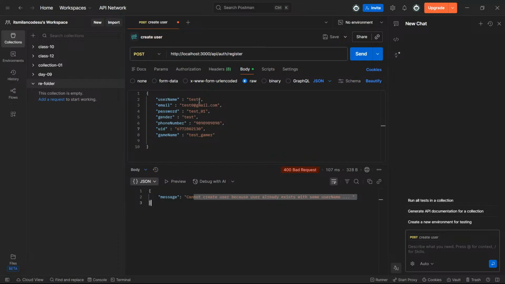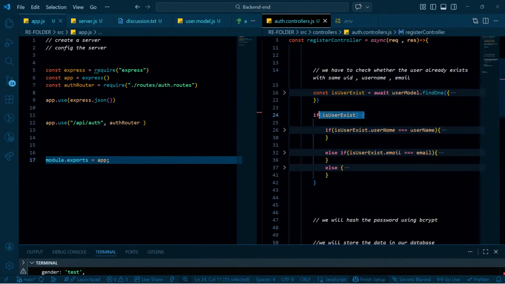Okay. So what if I change the username and I put the same email? Okay. Test 0 test. Username. Okay. But what if all three exist? What if all three exist? Okay. What if all the data are same over here? Then